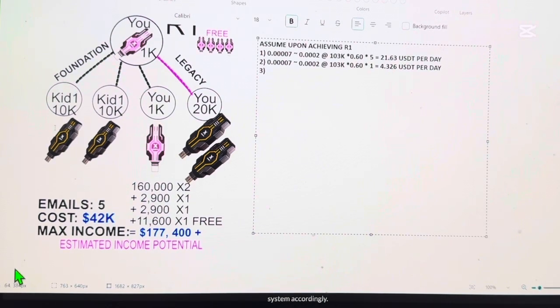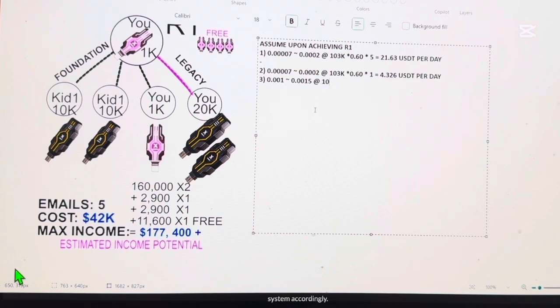Now, finally, the third way you're earning is this. You're earning with these emails, kid 1, kid 2, and then the legacy. You're earning technically through those email accounts, not the primary. You're earning 10 times 2, 20K. Right, so here we go. 0.001 up to 0.0015 at 103K. So you're tapped in at 60% for those, right? And you're getting four of those. You have 4, right, for 40K. So what is that? At the very minimum, it'd be